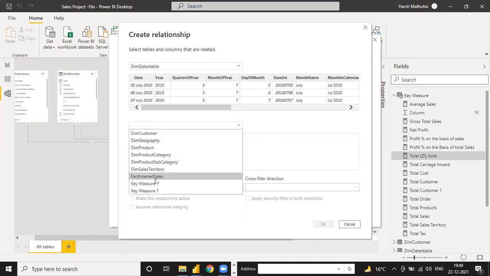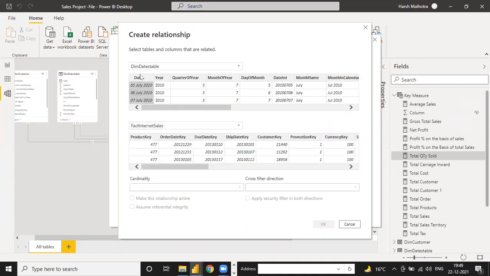The next one is Internet Sales, and have a date, suppose due date. Okay, date key to date table. Yeah, why is it not connected?